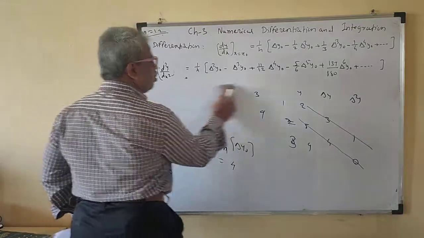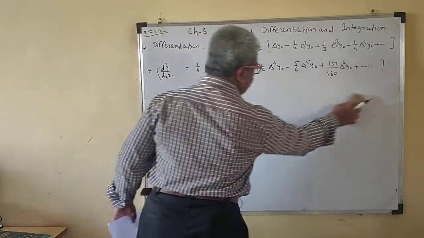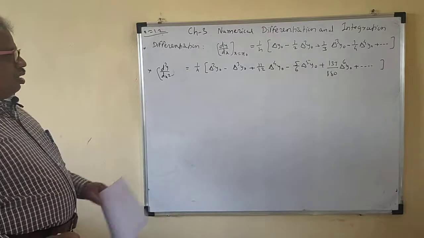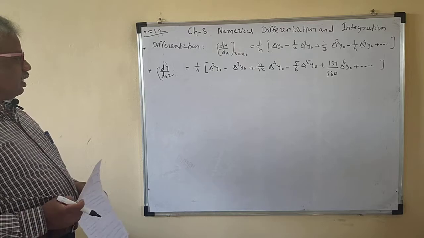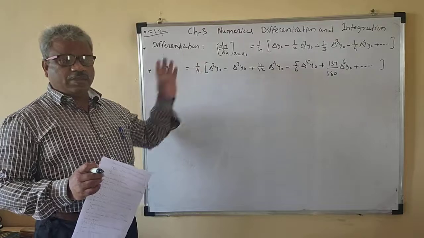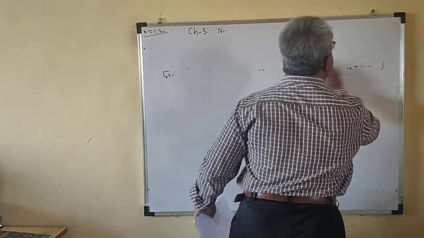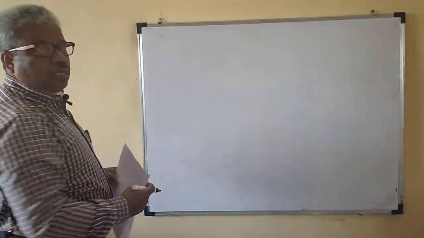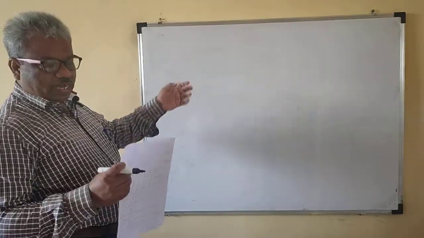So there are only 3 or 4 values that will be given to you for the competitive exam, for the online exam or for the online internal exam. Okay. So I hope that you understand how to solve the problems on differentiation. Now we'll see how to solve the problems by using Simpson's one-third rule and trapezoidal rule.